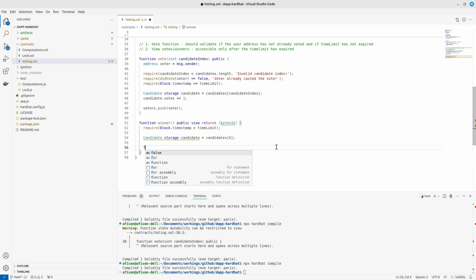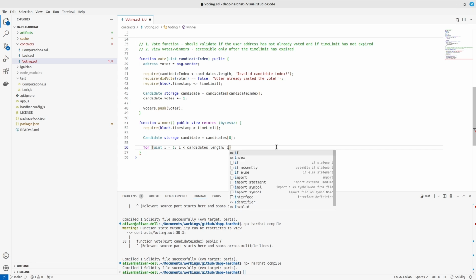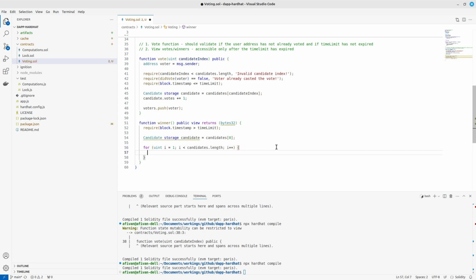And now we can loop: integer i equals 1, since the first one is already used by the candidate, so we can start with index 1, and we can say i less than candidates.length, i++. Okay,